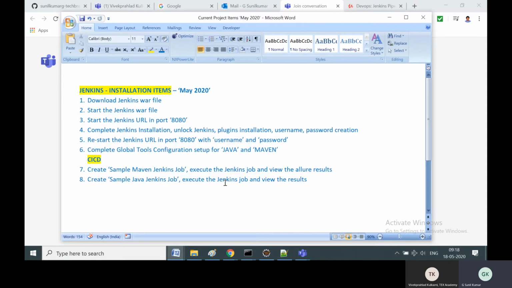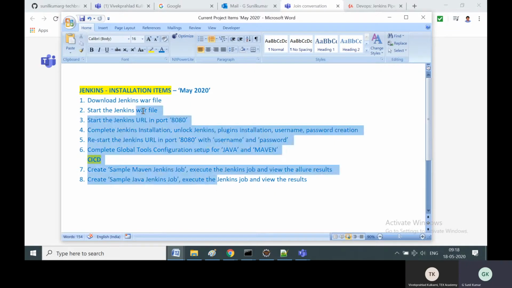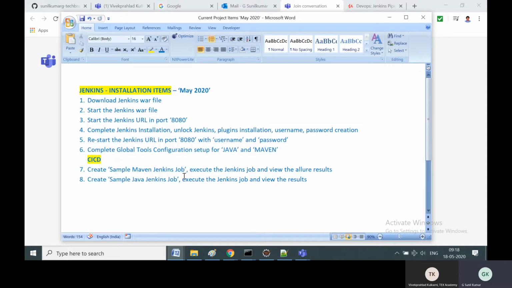We'll also create a sample Java Jenkins job, execute it, and view the results. So this is the complete installation and execution of the Maven Jenkins and Java Jenkins jobs, guys. Let me first start with the Jenkins war file.